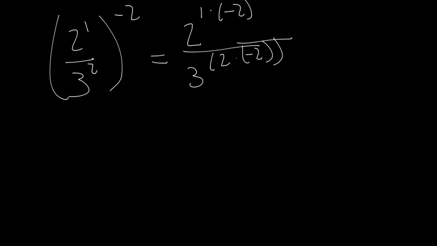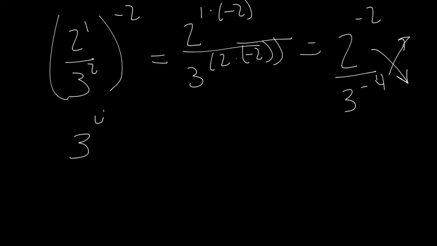I don't need that extra set of parentheses there, but so that's going to be 2 to the negative 2 over 3 to the negative 4. Well, 2 to the negative 2, I would have to move that to the bottom, the denominator, to make it positive. 3 to the negative 4, I have to move it to the top, the numerator, to make it positive. So I end up, at this point, with a 3 to the 4th on top and a 2 squared on